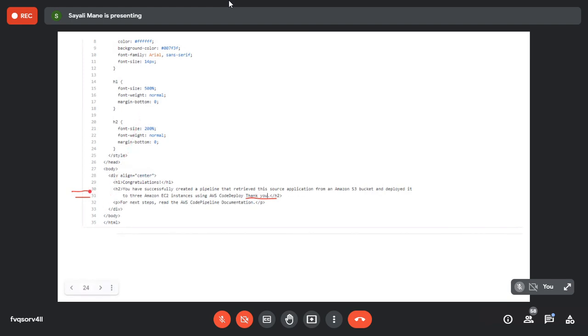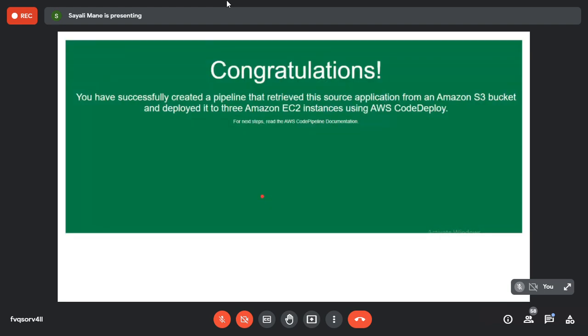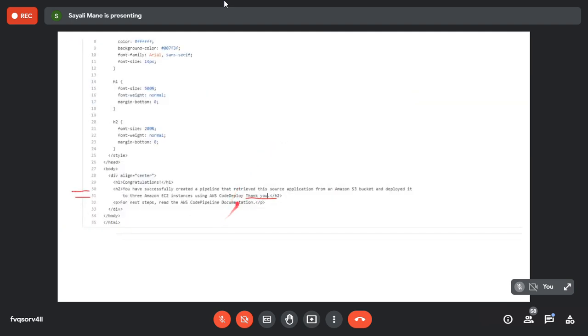Now go to line numbers 30 and 31. You will see the message, you have successfully created and all this. This is the congratulations message. Now simply delete the message and type anything, any simple statement.